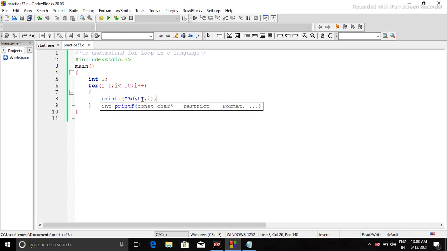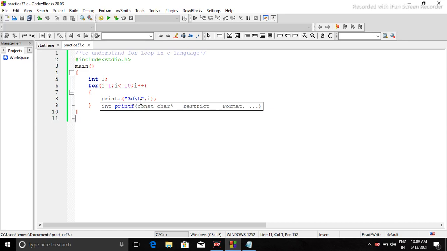After printing this statement, because no other statement is present after this, control will move to here, that means to modify the value of I. After modifying, I becomes 2, and the next turn is to check the condition: 2 less than or equal to 10, the condition is true, then our execution goes back to the printf statement and prints the value 2.